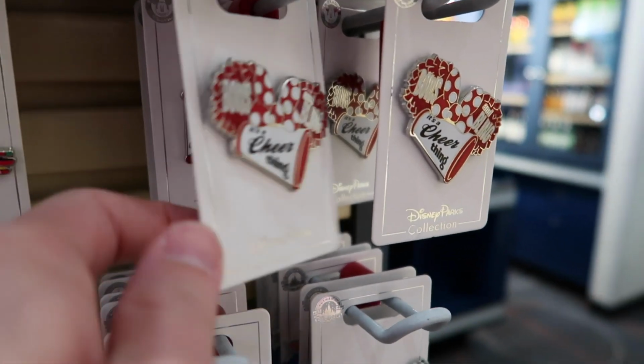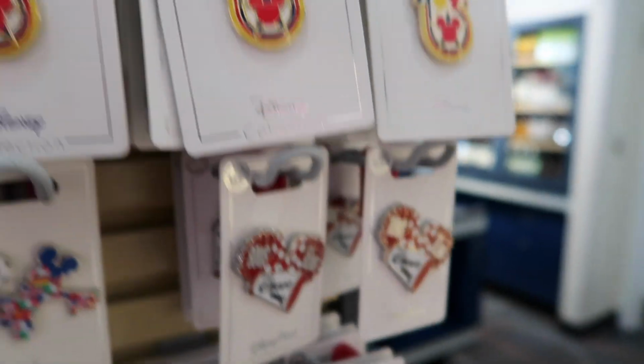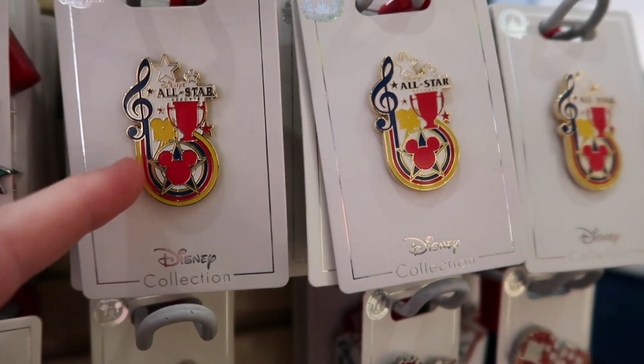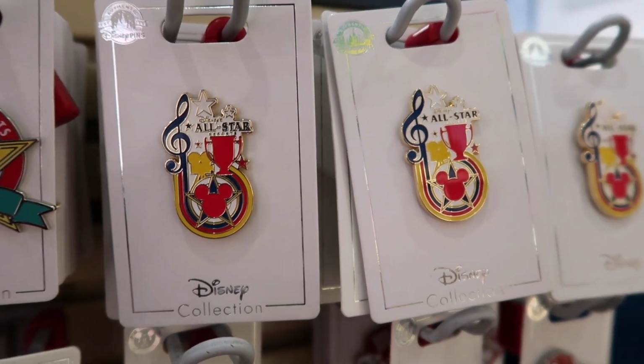It's got bows and bling, it says, and it's a cheer thing, so that's kind of cool. And they have so many cheer competitions here, very fitting. And then up here too, this is actually probably my favorite of all of them, because it's a little different than what we saw before. It's All-Star Resorts, and it's got the trophy for sports, it's got filming for movies, and it's got the musical note for music, but really, really cool